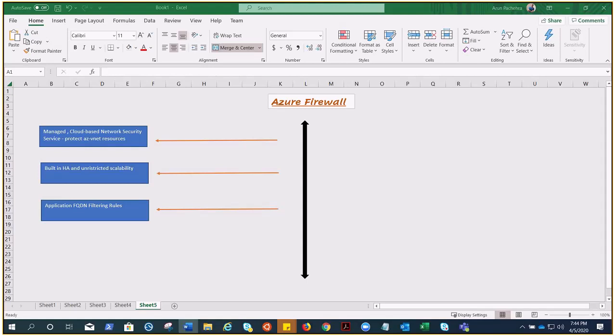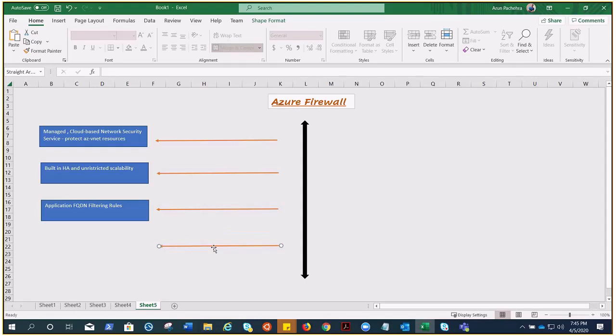And by default, everything is blocked, so you can only allow google.com. So your VMs, your machines, your servers can only access google.com. Okay, great. Now, another wonderful feature is